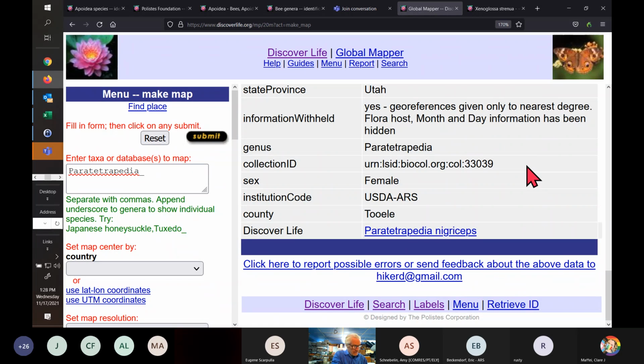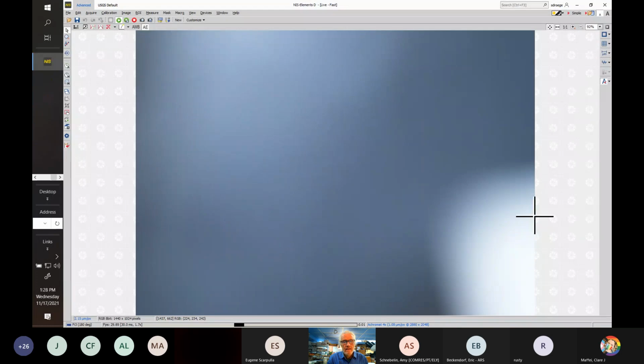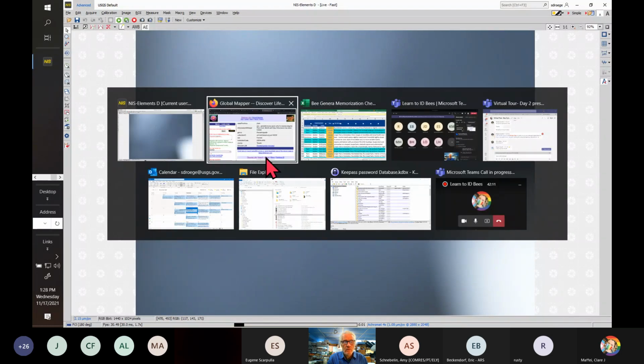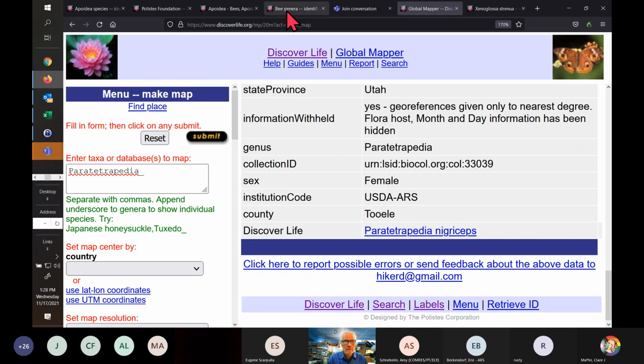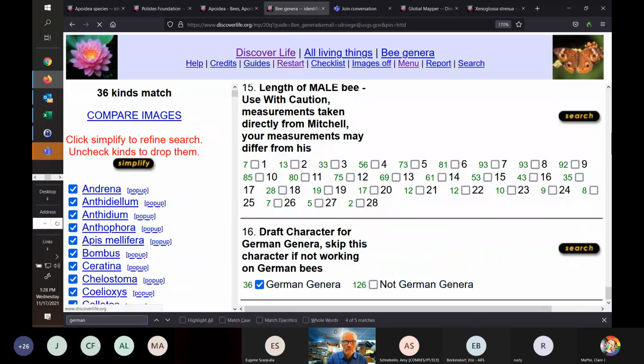That's where you guys come in. Okay, so Paratetrapedia, possible to get out west. And if we go back, we're going to go now to the Bee Genera guide. We're going to hit restart,